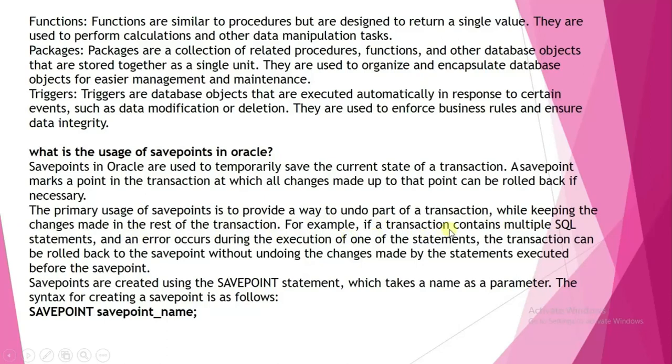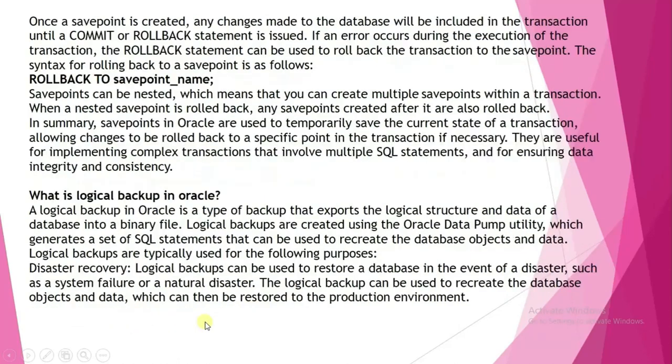For example, if a transaction contains multiple SQL statements and an error occurs during execution of one of the statements, the transaction can be rolled back to a save point without undoing the changes made by the statements executed before the save point. Save points are created using save point statements, which take a name as a parameter. The syntax for creating a save point is as follows: SAVEPOINT savepoint_name;